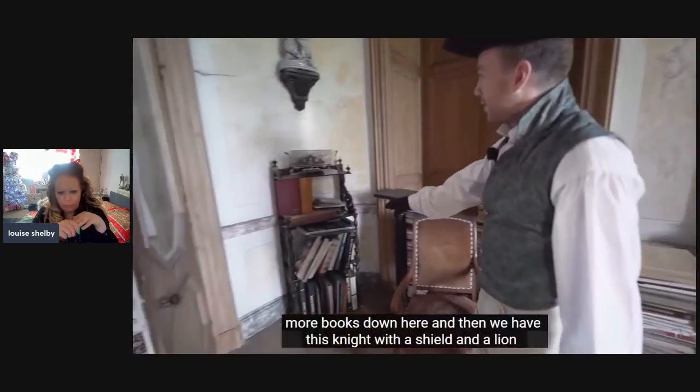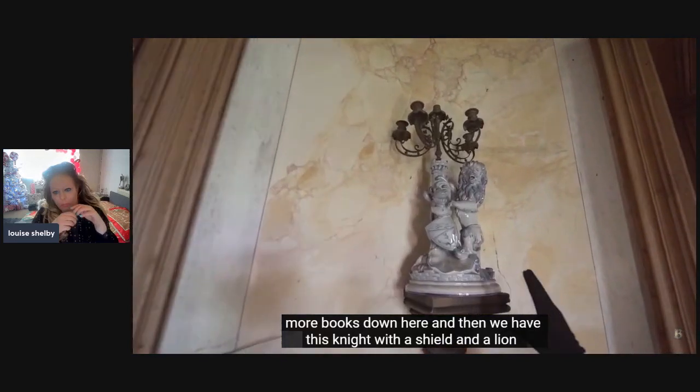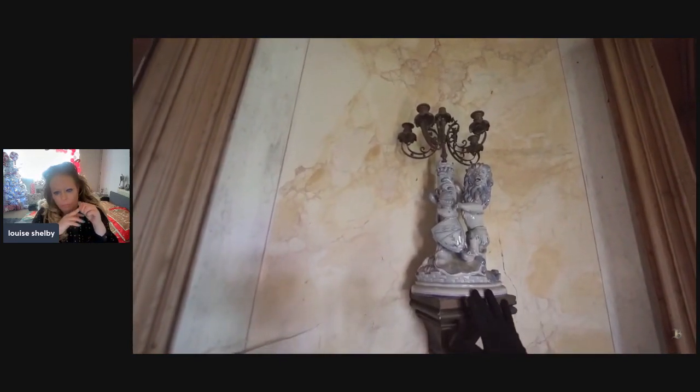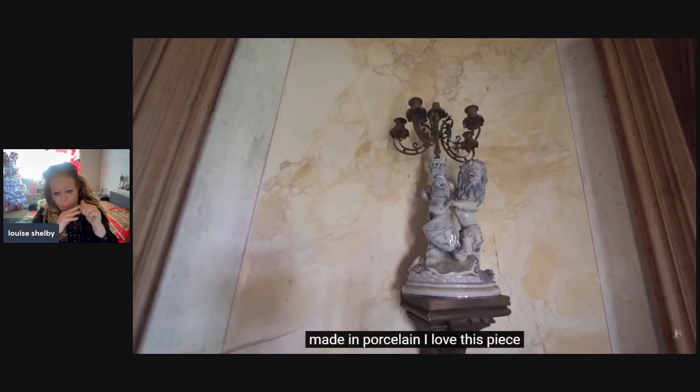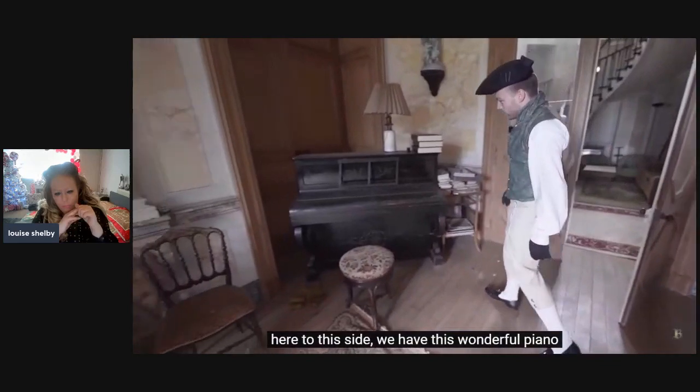More books down here, and then we have this knight with a shield and a lion, made in porcelain. I love this piece. Here to this side we have this wonderful piano